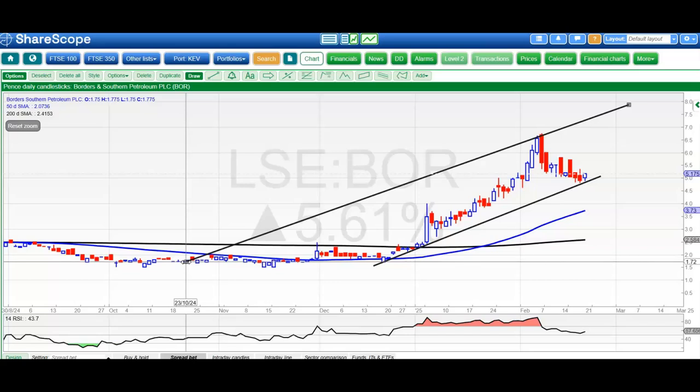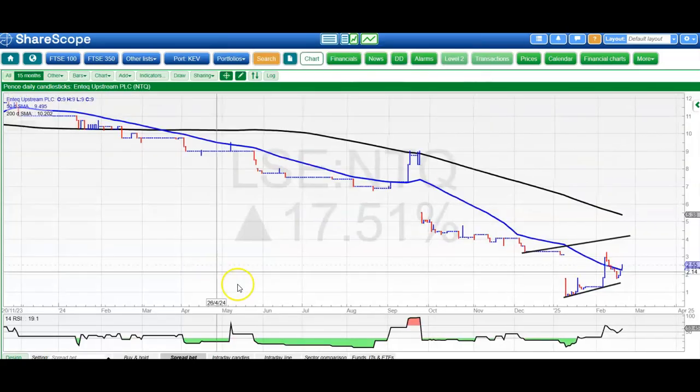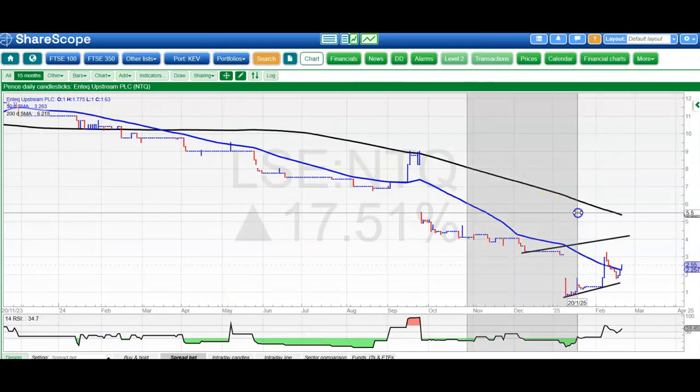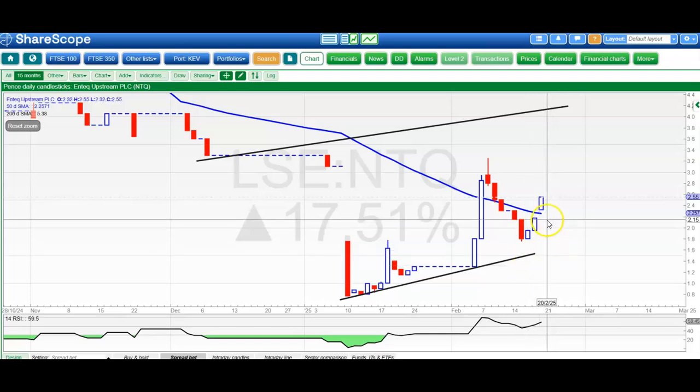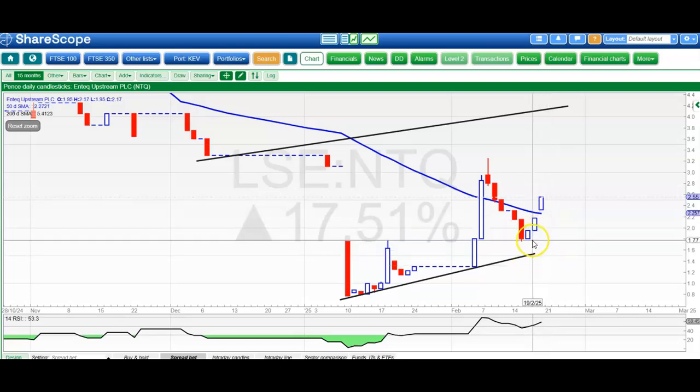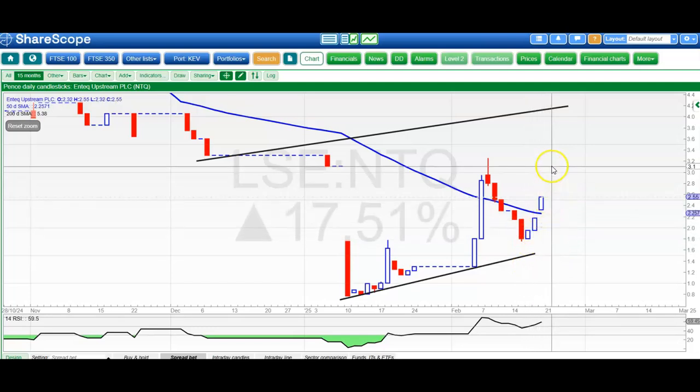the moment. Moving on to another one of today's rises, Enteq upstream, and here we've already identified this as a potential rising trend channel base. The gap higher today through the 50-day line, and the solid candles that we've had opening at the low, closing at the high for the last 3 sessions suggest that there is some